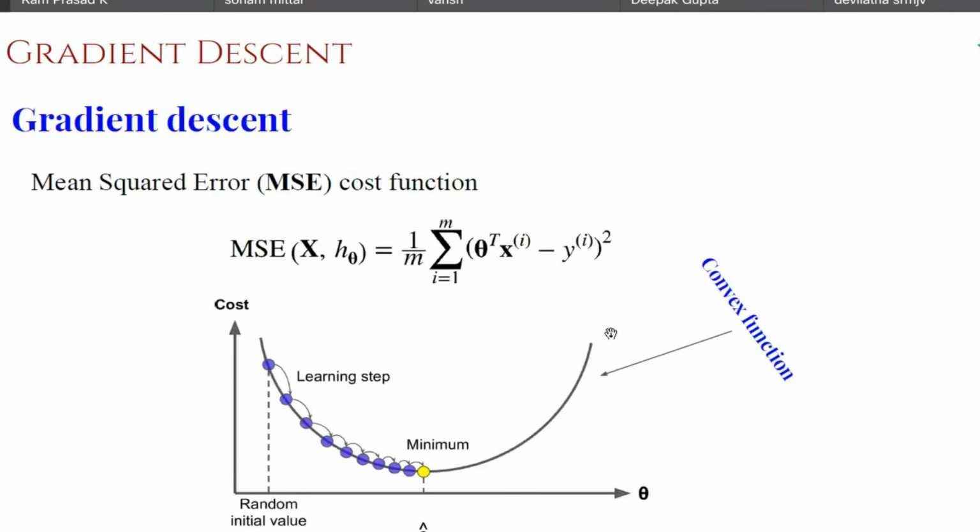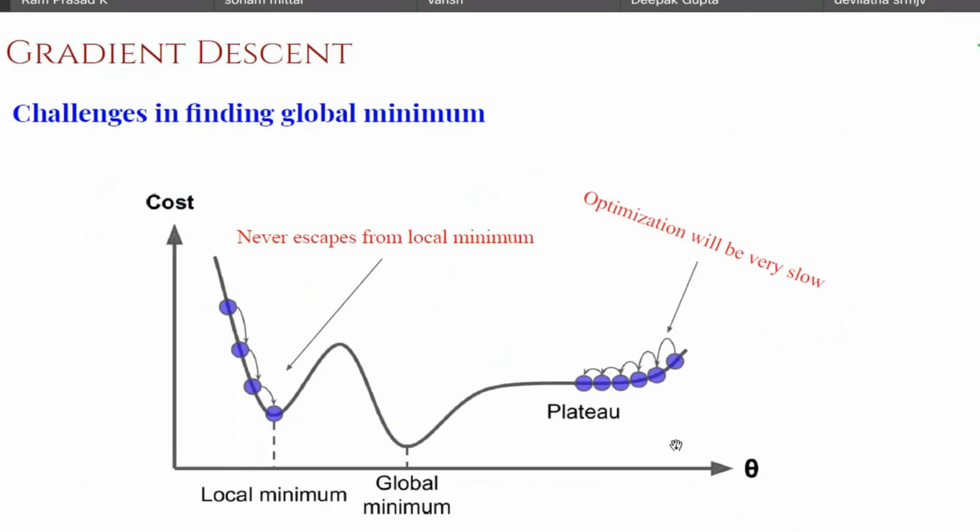If you have a convex function, then it is very easy. You start at some random point, and you have a well-defined procedure and keep on navigating until your first derivative becomes 0 or very close to 0. You would assume that as the optimal solution. If it is non-convex, then you have some challenges. Maybe in a non-convex function, this is the global minimum, but there are chances that you will get stuck at these sorts of local minima.